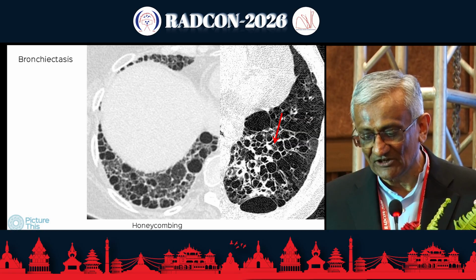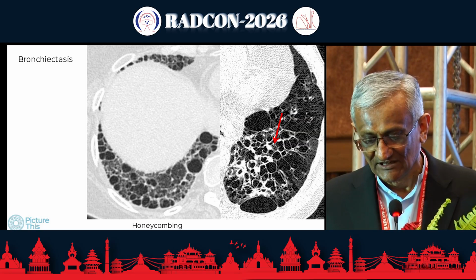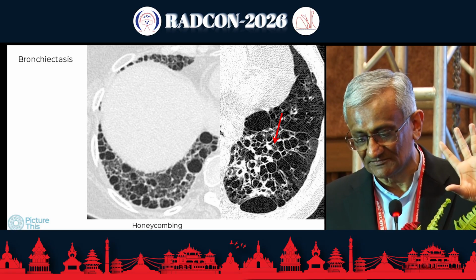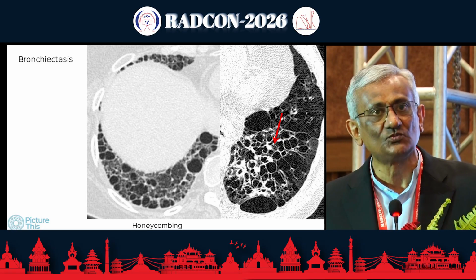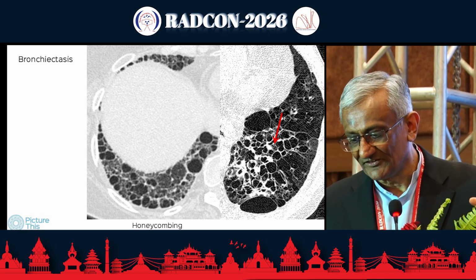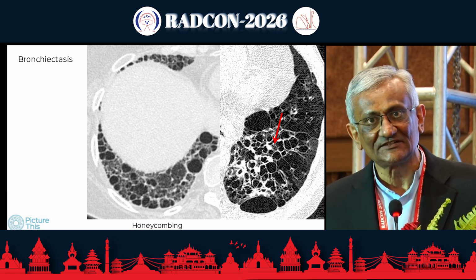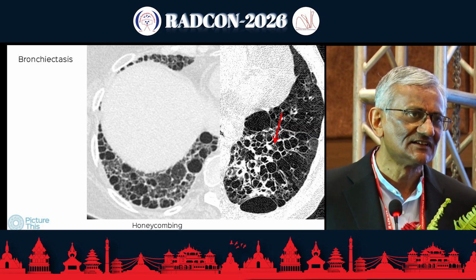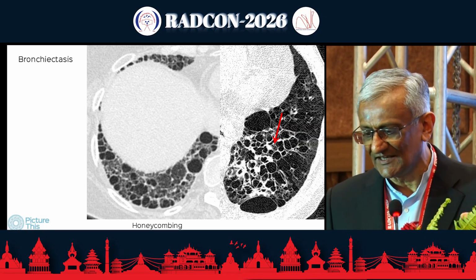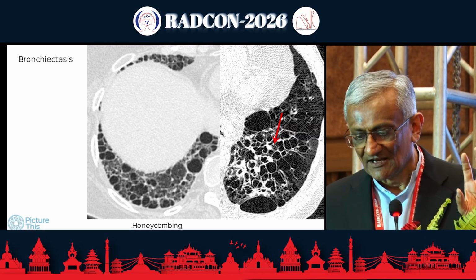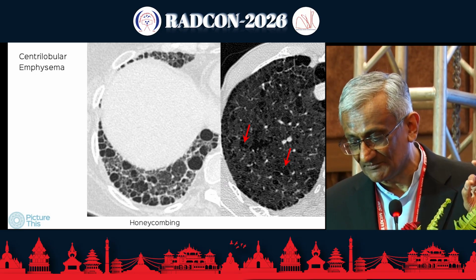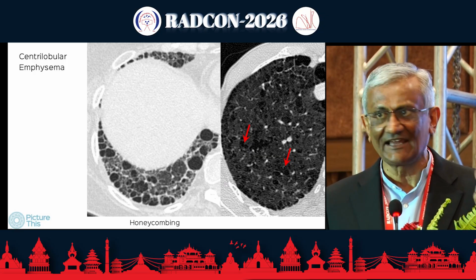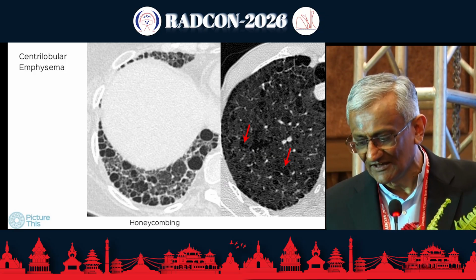So here is honeycombing on the left. This image will not change. Cysts with shared walls along the subpleural interstitium extending up to the hilum, usually more than one layer. On the right, we have these cystic structures that are going from the hilum to the periphery. The simplest diagnosis that we can make on CT is that of bronchiectasis. Then we have centrilobular emphysema, where we see cysts without walls next to vessels. Again, very easy to differentiate from